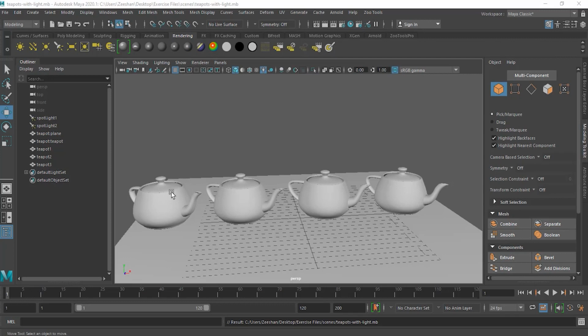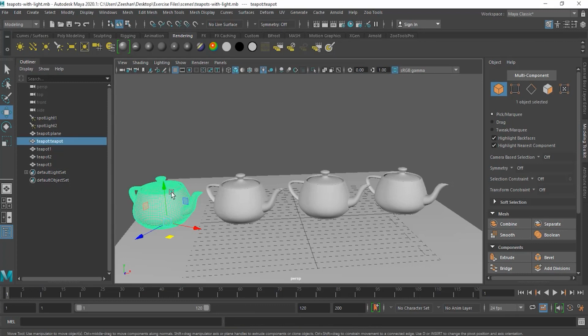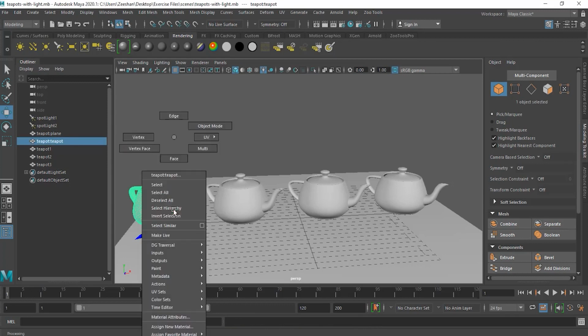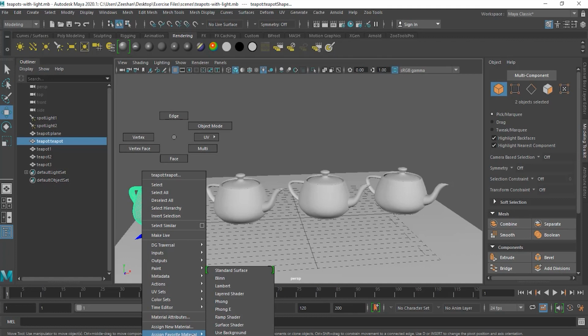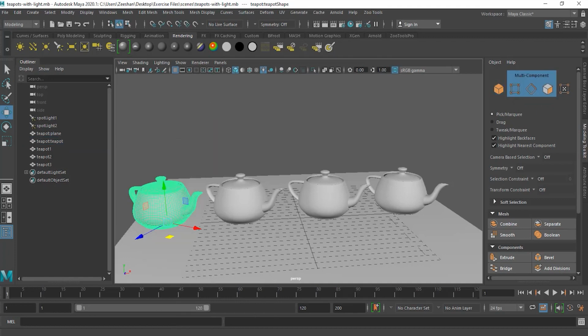The first way is that you can select any of the objects on which you want to apply the material, like in this case this one. If I right click over here, I can go to apply existing material if there is any material available, or a favorite material if you have your own favorite materials, or assign a new material. One other way to do that is